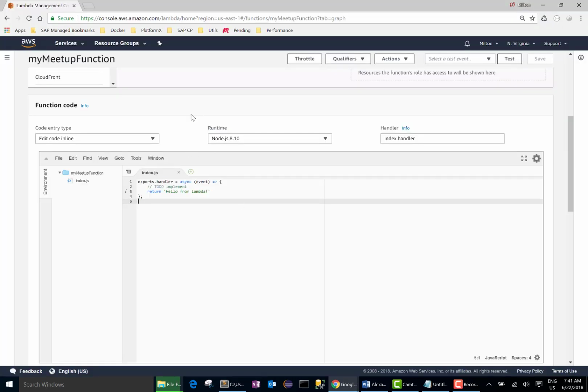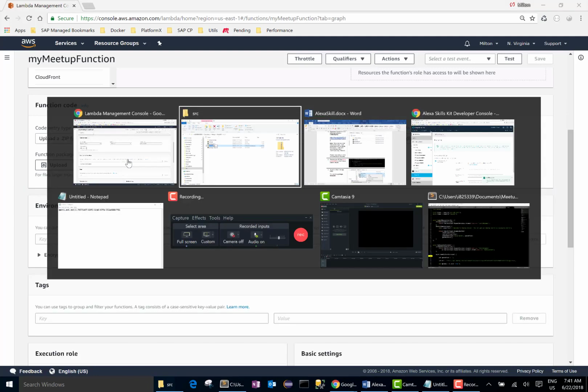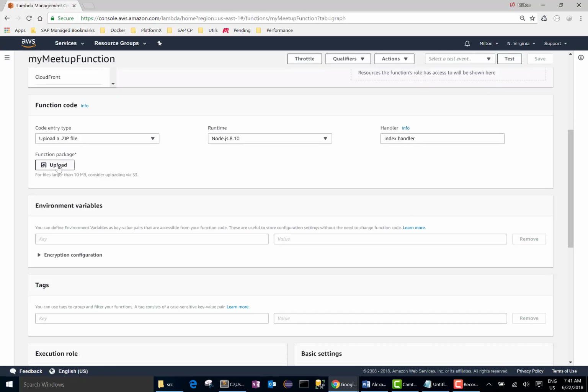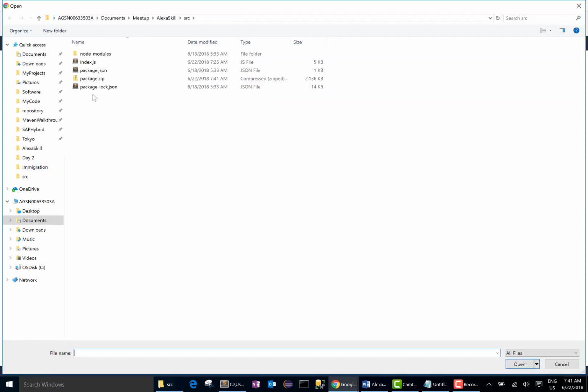So let it go through, complete the zip file, and here let's switch to the AWS console, and here you have the option of editing the code online, but what we are going to do is we're going to upload a zip file. And let's see if the zip file is complete. Yes, it is complete. So let's go ahead and upload the zip file, and we'll click upload, and we choose